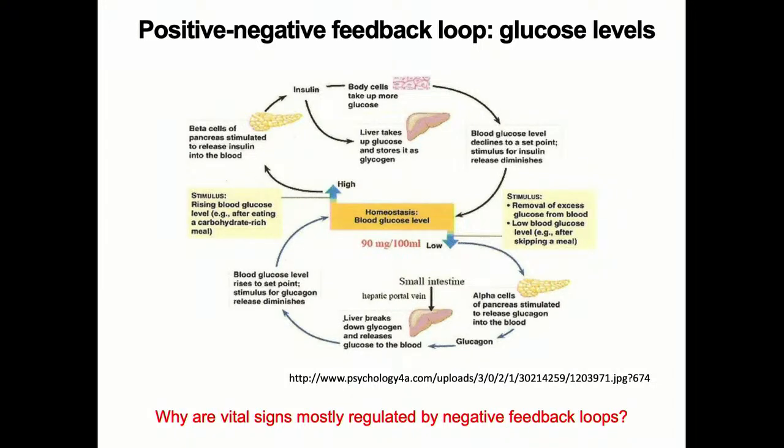If you want to write down a mathematical model for this, you can keep changing the variables, but the central structure of the network will not change, because that is what the body needs in this case, right? Now, these are all at organ level. Let's think about tissue level or cellular level negative feedback loops. If they exist, what is their role? And what happens in the case of cancer?